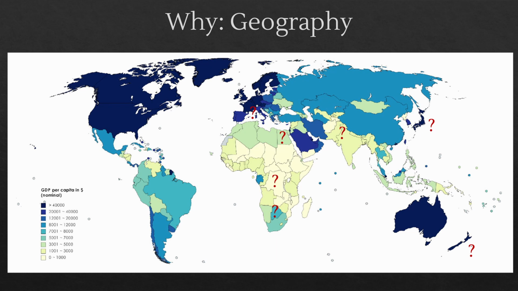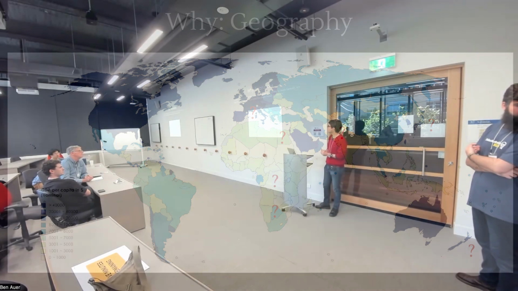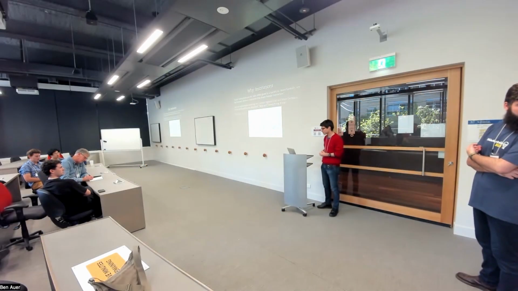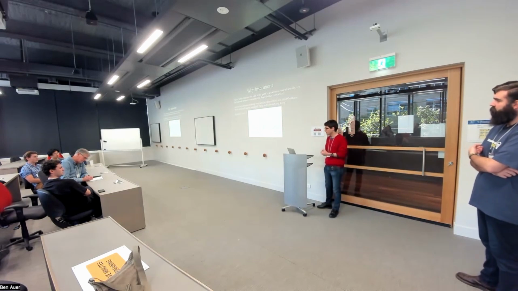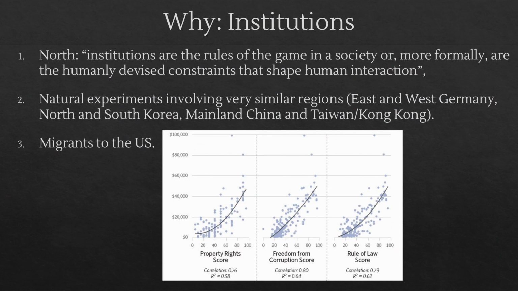And that leads me to the final thing that I wanted to mention, which is institutions. Institutions are hard to define. Something like the rules of the game in society, the way that we shape our interactions with other people. So it's things like the legal system, the educational system, how contracts are enforced, how private property is treated, things like that, as well as the political system.